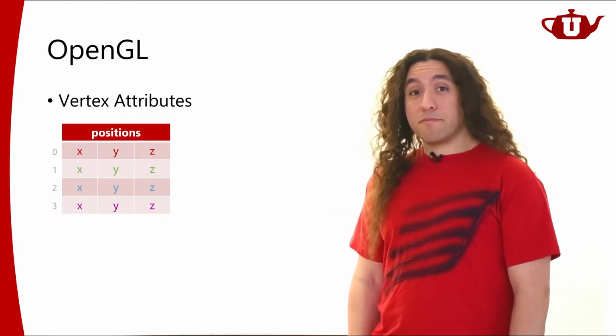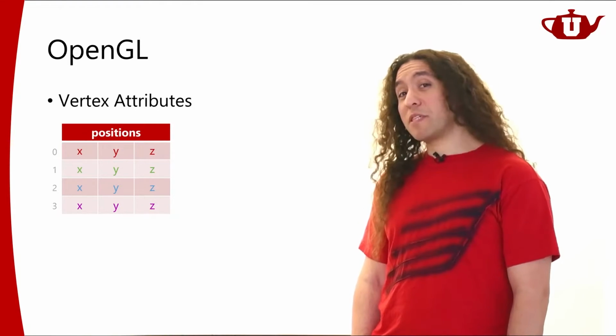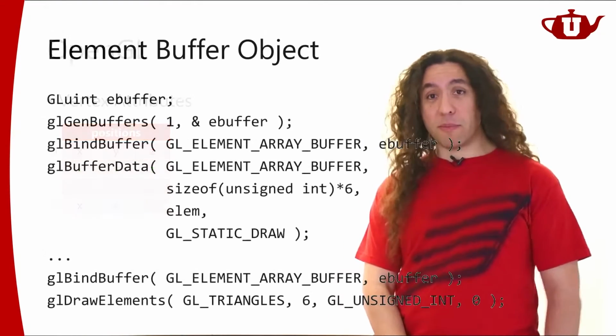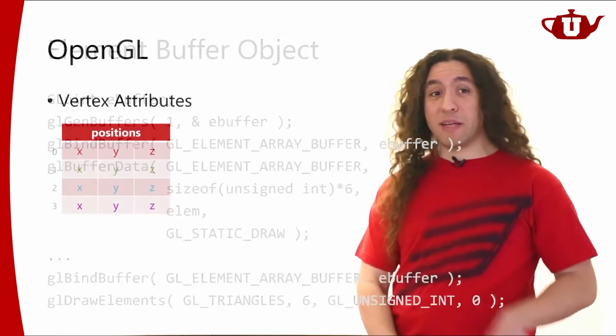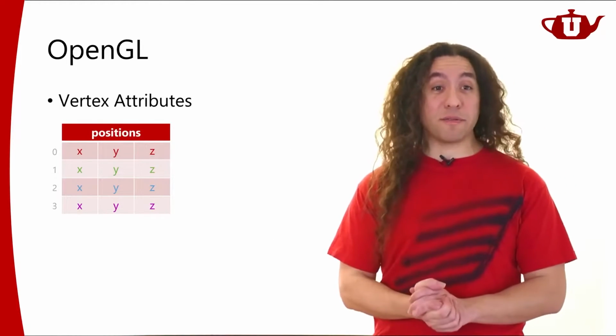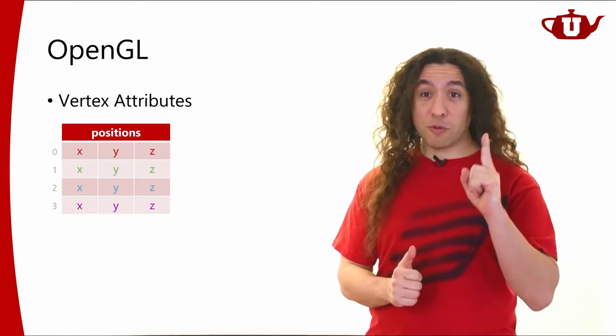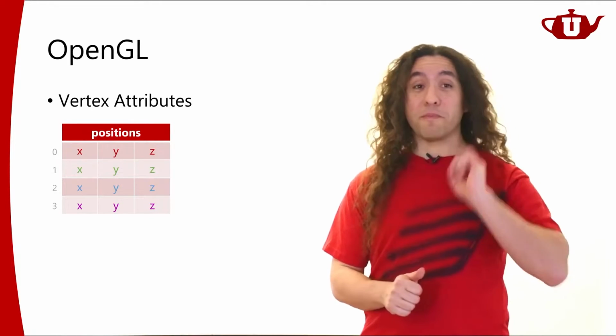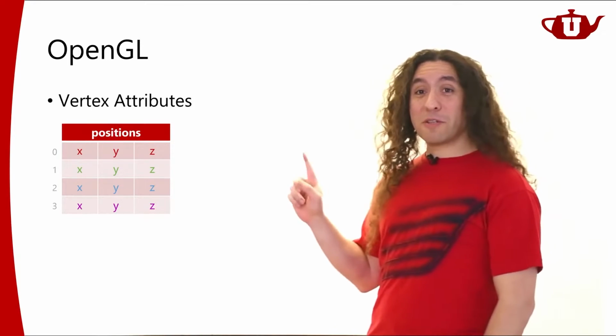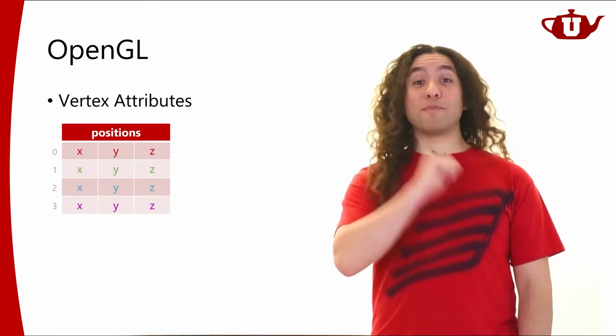Well, you say, is this the most efficient way of rendering? Let's go back, this element buffer stuff. Is this the most efficient way of rendering triangles? No. We can do better. So we're going to do a trick. We're going to do triangle strips.